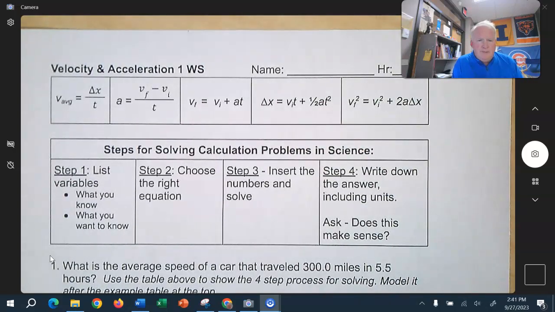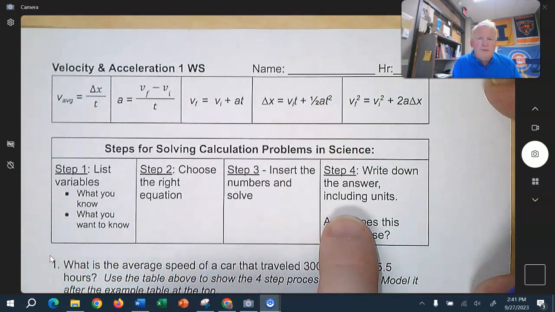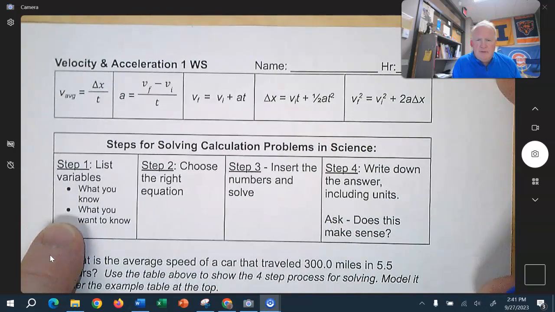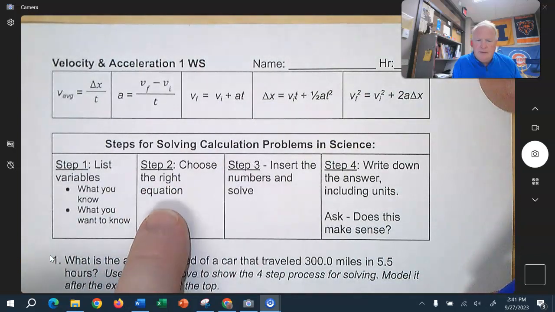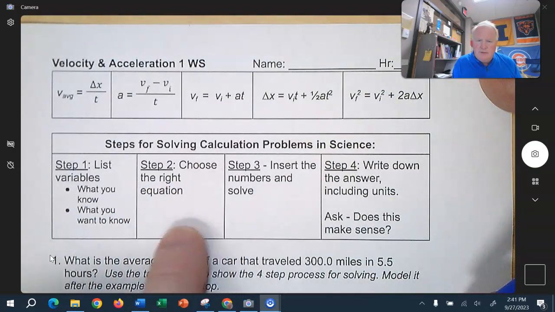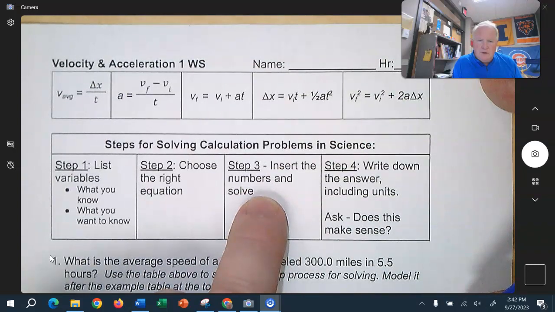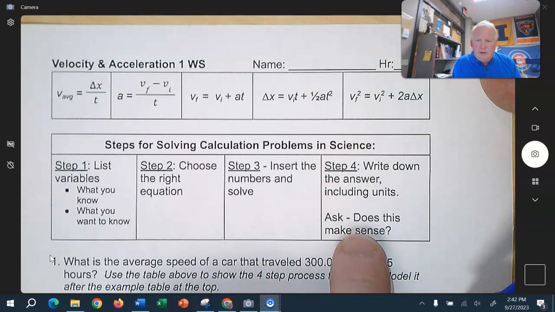And so this is our problem set. And remember that between Mr. Block's class and Ms. Moise's class, the four column method is a little bit different. But the bottom line is we all list what we're going to find out, what we're going to do. We're going to choose the equation. Those things are the same. And I think Ms. Moise's step 3 is right here to rearrange the equation. I like to insert the numbers and then solve for the variable because sometimes the numbers make things easier for us, okay? And then always in my class, fourth column, we write down the answer and we ask ourselves,